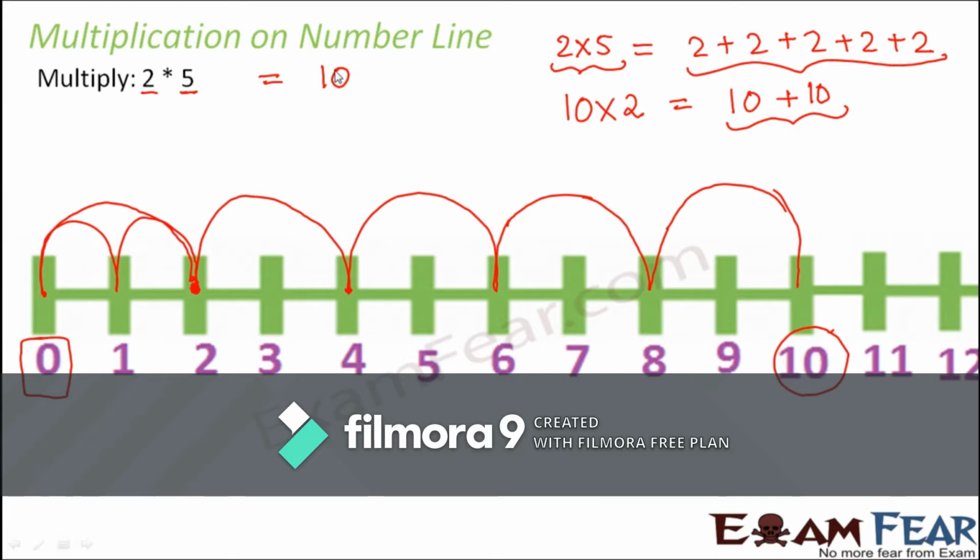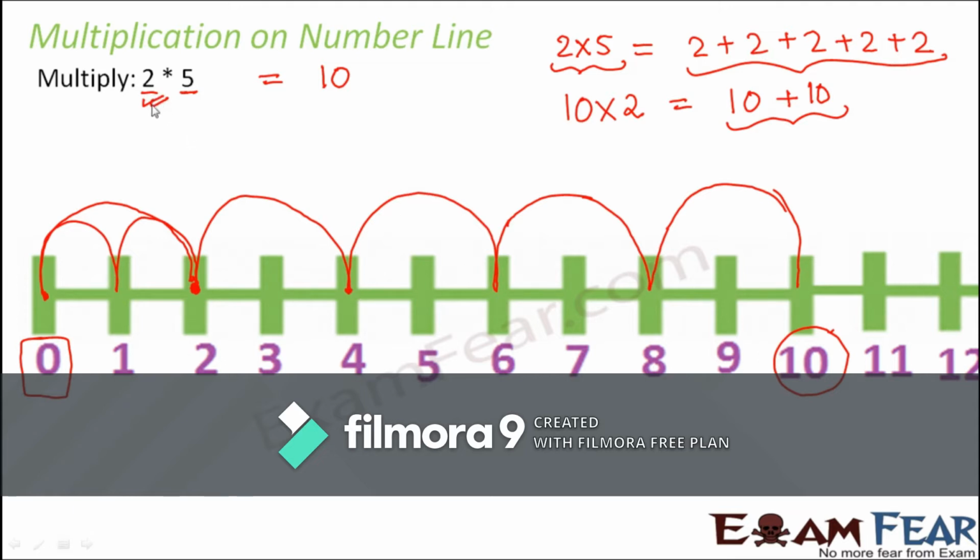Whenever we are multiplying two things, we are basically saying that the first number is being added these many times. So 2 is added 5 times. The first 2 that you add, you have to add from 0, because initially you had nothing. So the first time you added a 2, you again added another 2, you again added another 2.